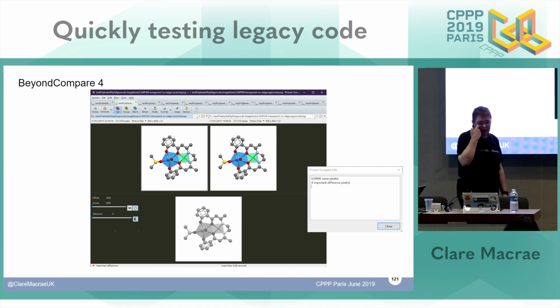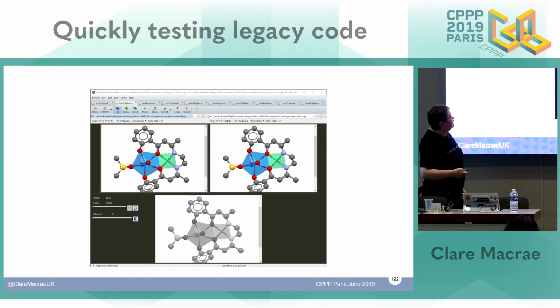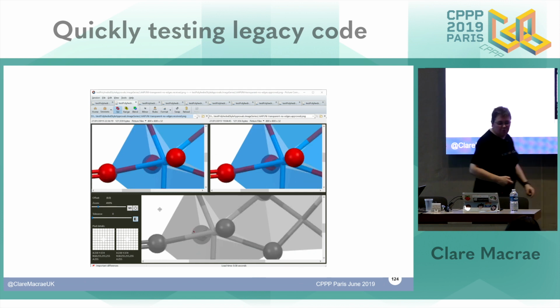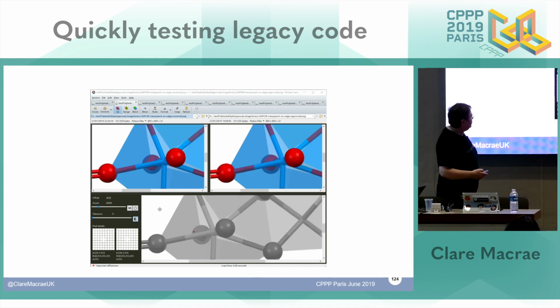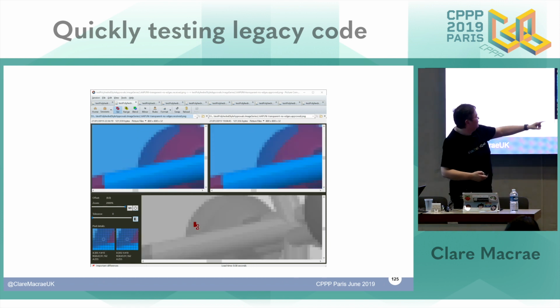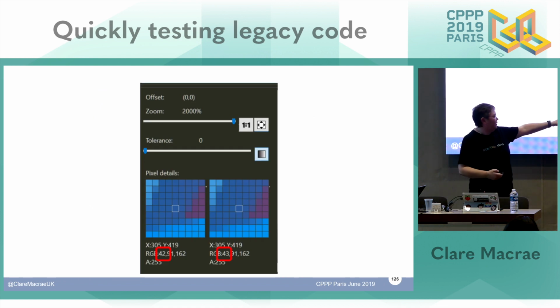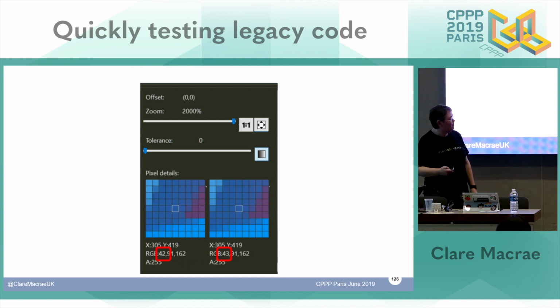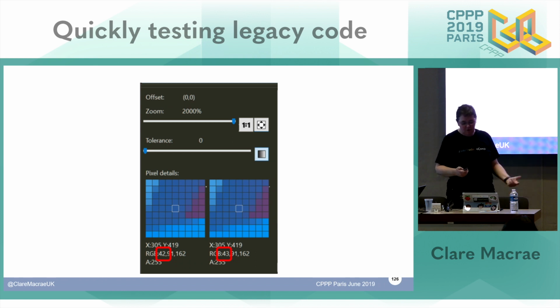So I tried out Beyond Compare version 4 instead. Don't worry, I will zoom in successively on slides. But this said there were 4 important pixels differing in this image. As I zoom in, it's still hard to see. Maybe zoom in a bit more. You might see a little bit of red there. Zoom in one more time. There's a little panel on the left-hand side, which again I'll zoom in on. When I hover over one of those pixels, it says the red value was 42 on one pixel and 43 on the other. Approval tests was treating that as a difference. The files weren't identical.